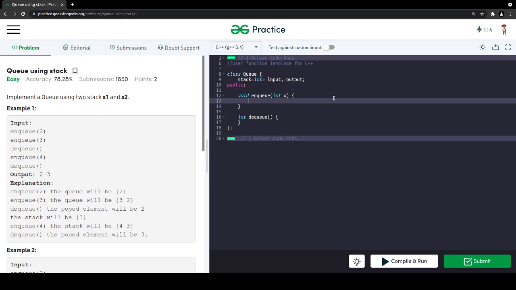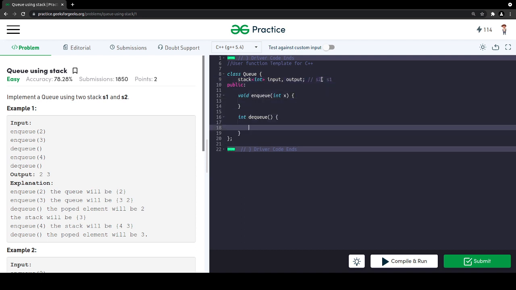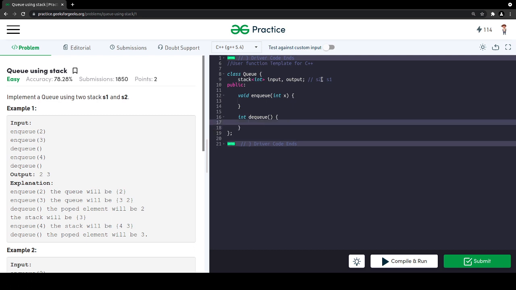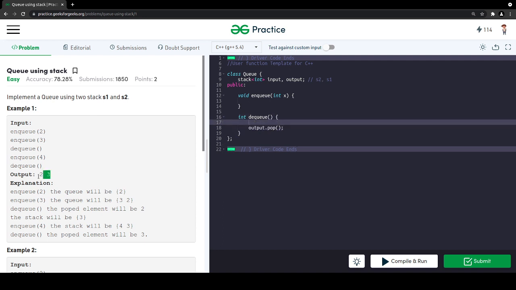We have two stacks, input and output. I am calling input S2 and output S1. In dequeue, we were removing from the output stack, so I will do output dot pop, but I have to return the value also.